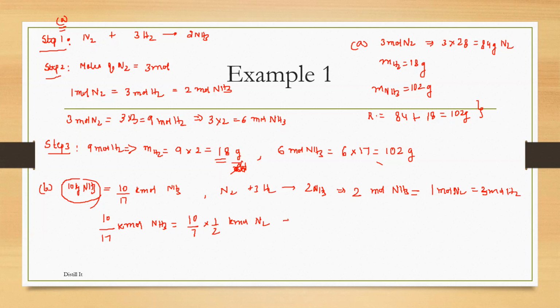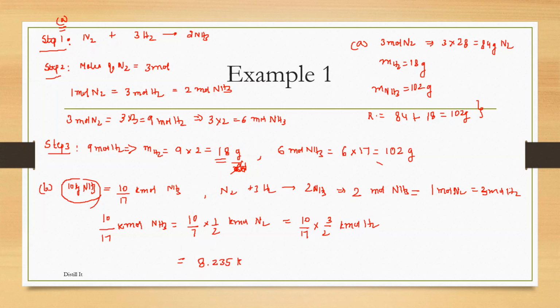And that is equal to 10 by 17 into 3 by 2 kilomole of hydrogen. All right. And then when we calculate masses, we multiply kilomole by molecular weight. So this is multiplied by 28. Therefore, the mass of nitrogen that is produced, we'll get it as